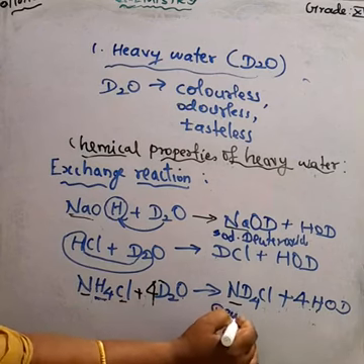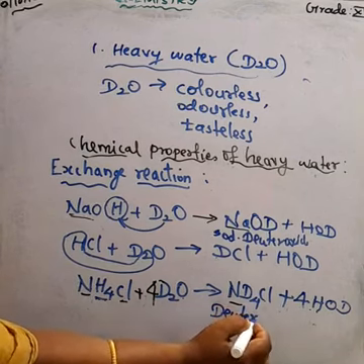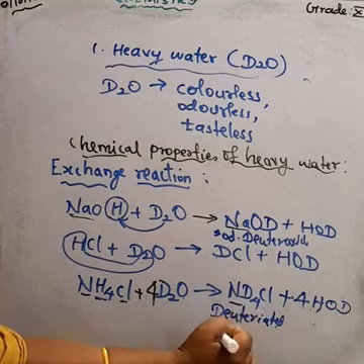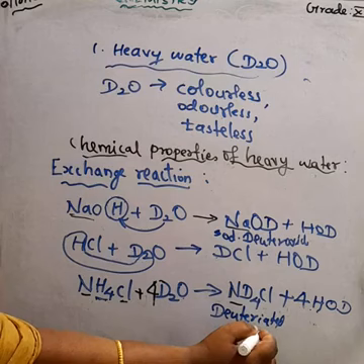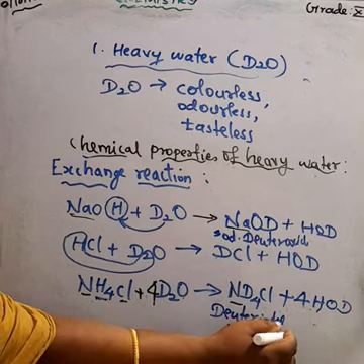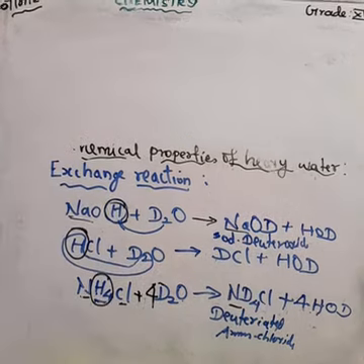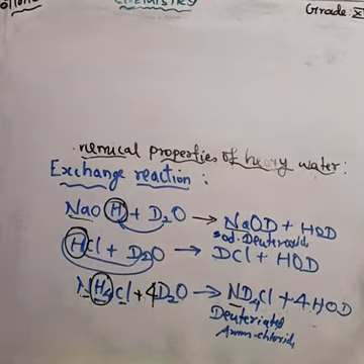Deuterated ammonium chloride. And 4 HOD. These HOD means hydrogen deuterium monoxide. So these are the exchange reactions. And then we are going to study